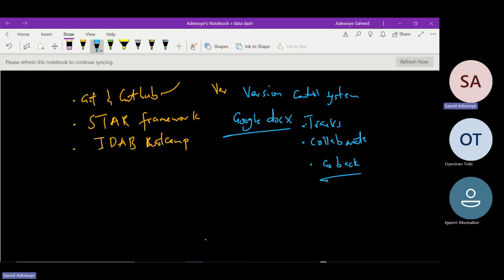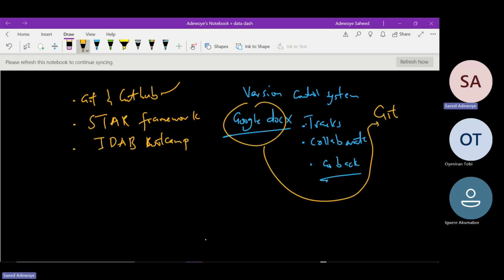However, Git is also like Google Docs, but in this sense, we are talking about code here, not documents. They are somehow similar in that sense of tracking changes, but tracking changes of code or files over time. Likewise, in terms of collaboration, you can collaborate with each other without overwriting each other's work. Then to revert back to a previous version, Git can also achieve that. Please, is that clear? Yes, sir. Hello? All right.